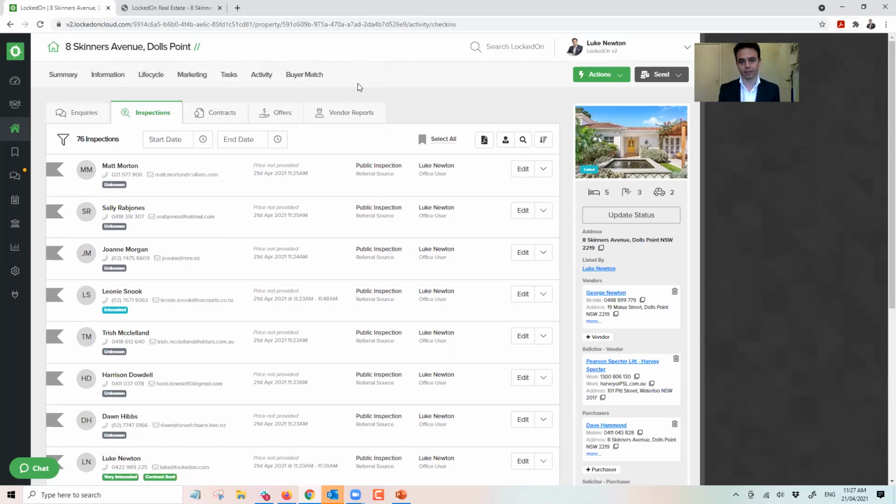So we launched this, as I said, late last year, and a lot of people took this up straight away and were using it, and a lot of people used the QR. But you ran into issues where people don't have smartphones. There's not many of them, but there is some. People don't want to type their own information in. They'd rather give it to an agent, or an agent wants to actually be eyeball to eyeball with people and